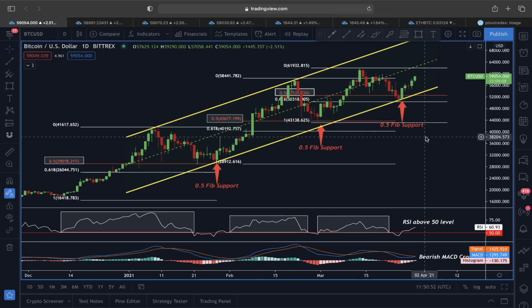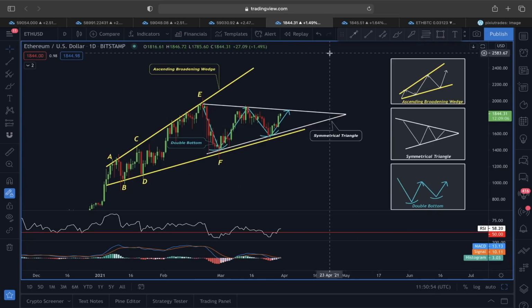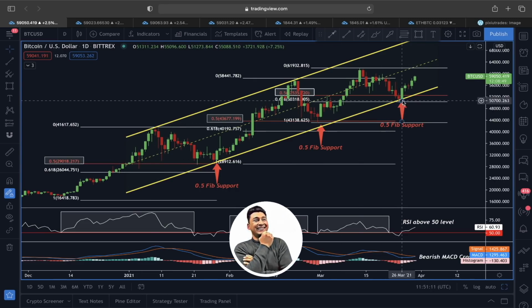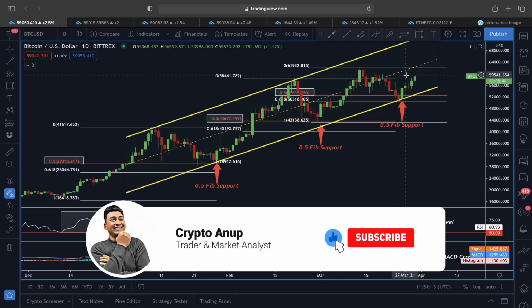So as you can see guys, right now the price of Bitcoin and also the price of Ethereum both are flashing a very interesting scenario, and we want to know what exactly could be playing out next for Bitcoin and also for Ethereum, because right now if we monitor this price movement starting here for Bitcoin in a daily time frame, things look very interesting, because now the price of Bitcoin is also doing pretty much exactly like what we talked about in my yesterday's video,